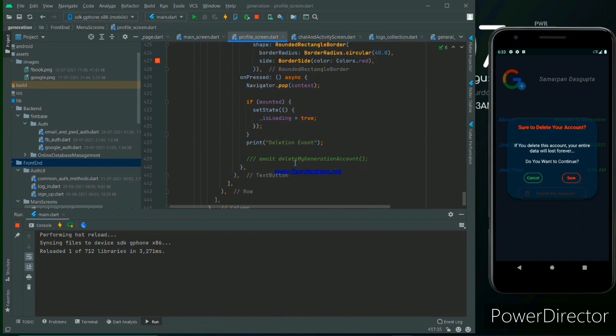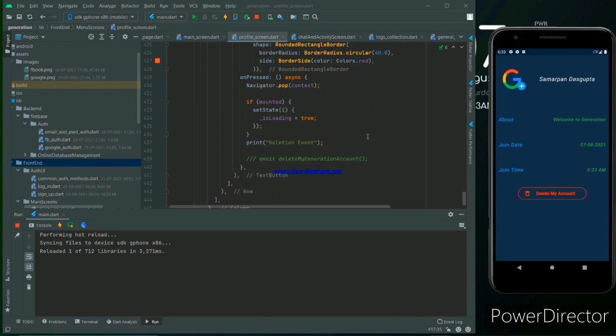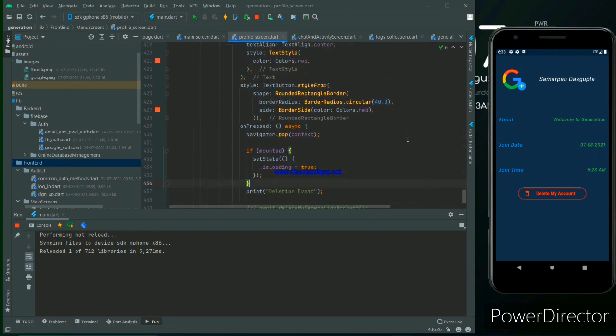And that's the delete my generation account. This is associated with the backend method as well, backend function as well, so we do not use that, that's why we are making it a comment. But we will make it soon when we start with the backend stuff, all the things as well. So hope you understand that code, because this is very simple code and not complex code. But if you have any doubt or any query, you can comment it out. I will give my best to reply to you.